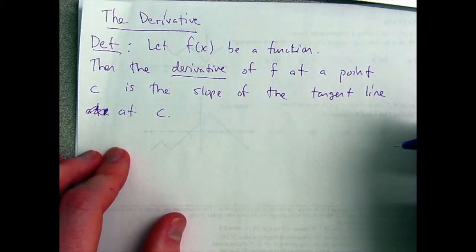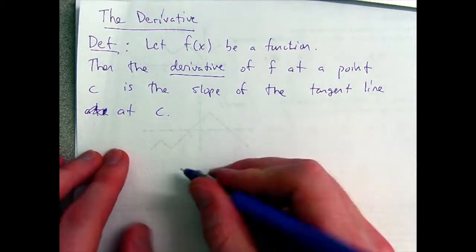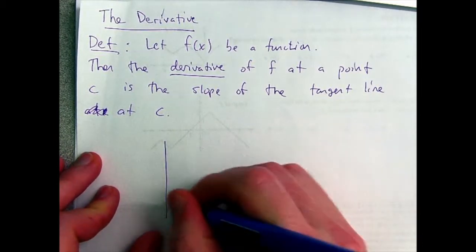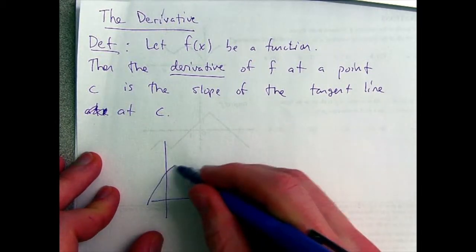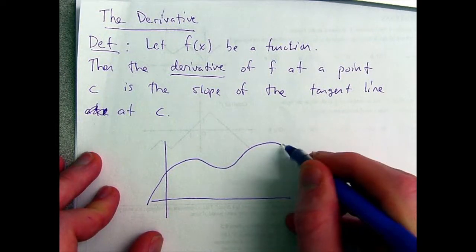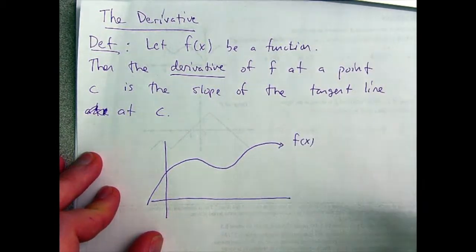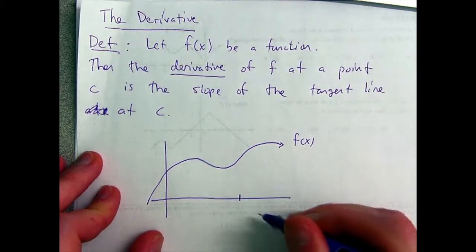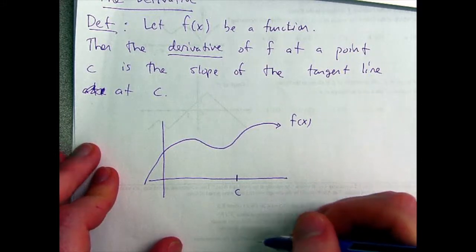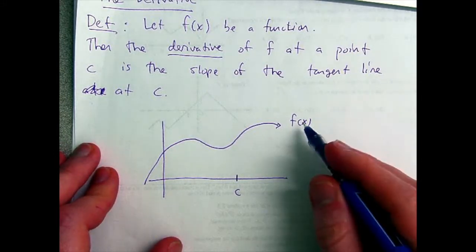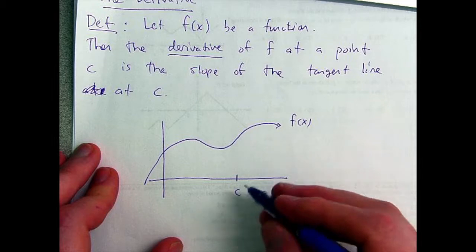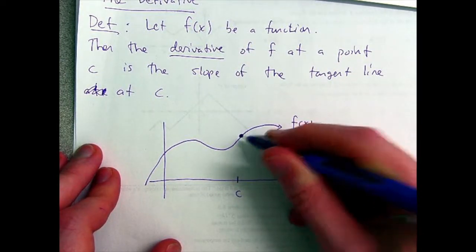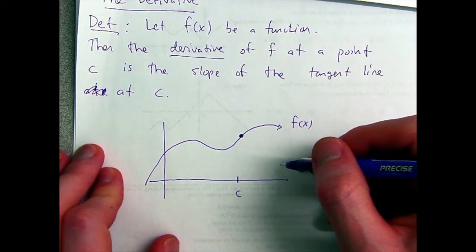So just to be clear what that means, let's consider an example. Suppose that your function looks like this. Maybe this is the graph of f. And let's suppose that c is this point right here. What is the derivative of f at c? Well, here's what you do. You look at the point on the graph above c, this point right here,